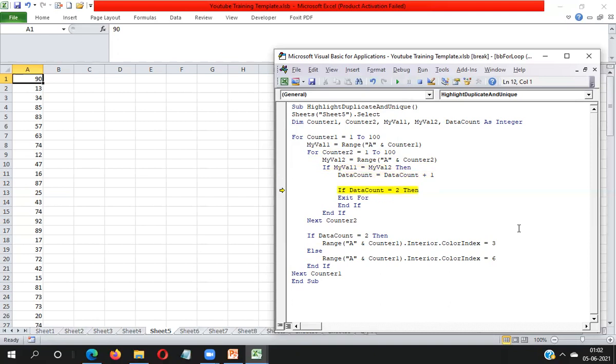So my data count is 1 now. My data count is not equal to 2, so I will skip this one. Now the second value is not 90, so the If is skipping.